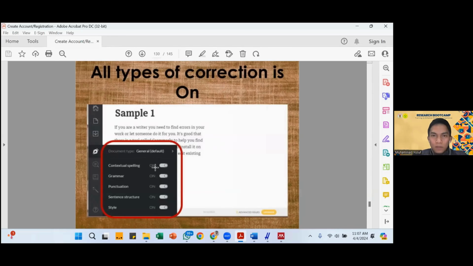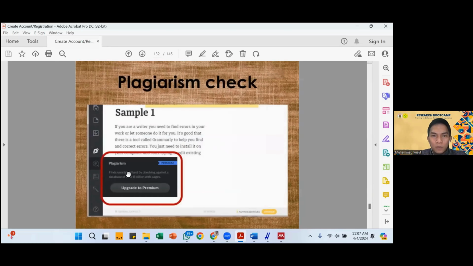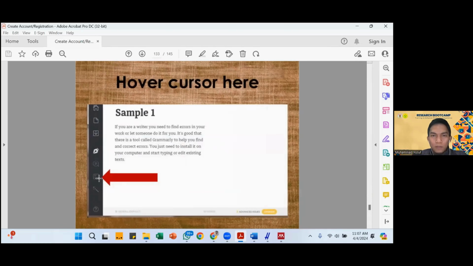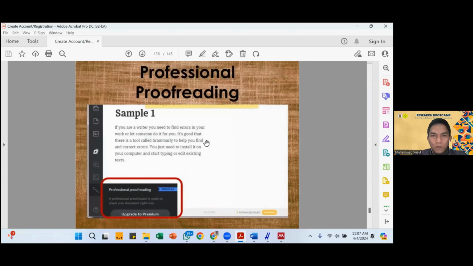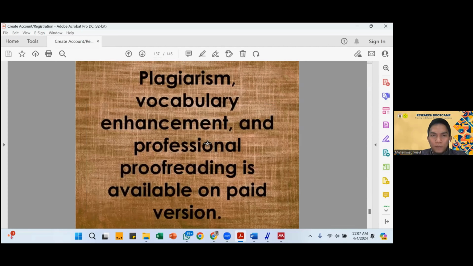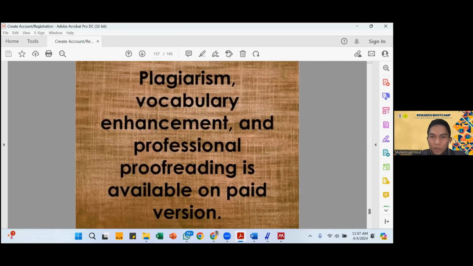Click on in contextual spelling, grammar, punctuation, sentence structure, style, and then you can hover the cursor here to plagiarism check, and here to vocabulary enhancement, and for the professional proofreading. Plagiarism, vocabulary enhancement, and professional proofreading is available on paid version or premium account.